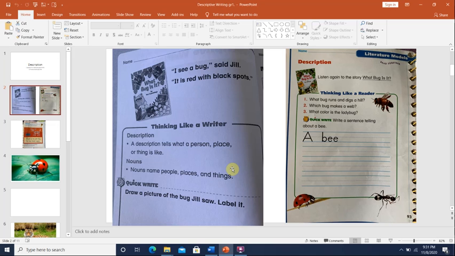So in the beginning of Unit 2, we read two sentences from the story. It was, what bug is it? And we read two sentences that said, I see a bug, said Jill. It is red with black spots. So here we noticed that the story is about different types of bugs, and while we were learning more about nouns, we read sentences about